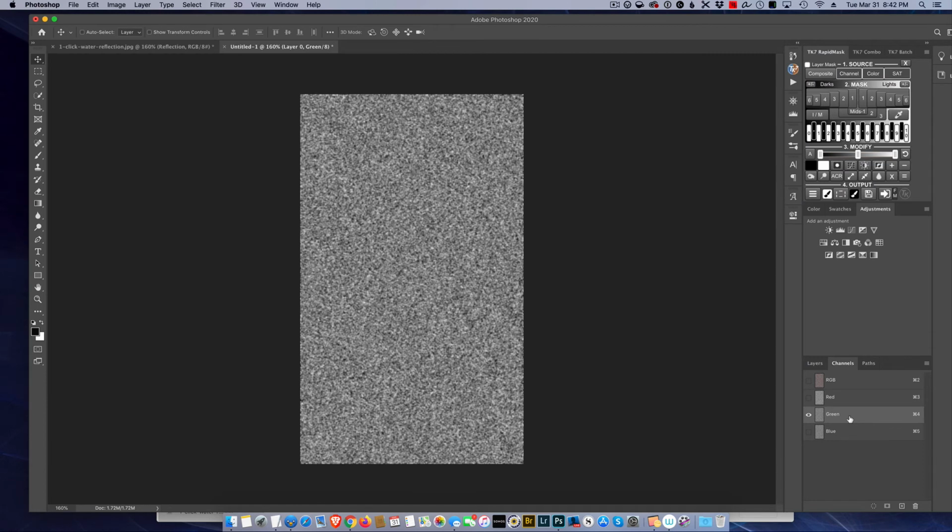Okay, so now you can see already as I come in here, we're making a 3-dimensional texture. And that's the whole purpose of this. Okay, so the next thing is I need to go to the green channel and select it. And with the green channel, I need to do another emboss, except we're going to change the angle this time. So Filter,